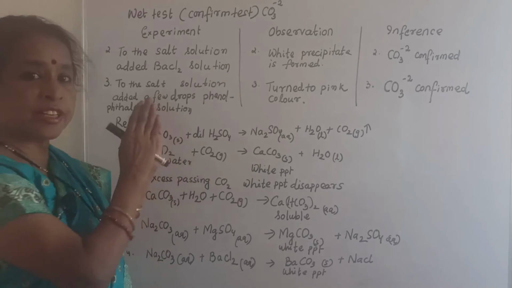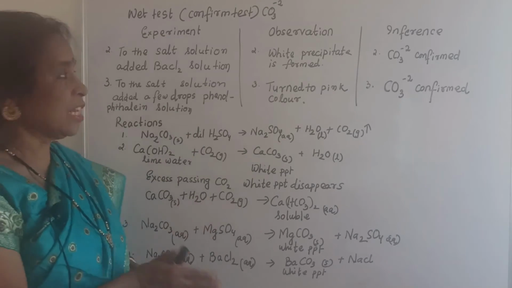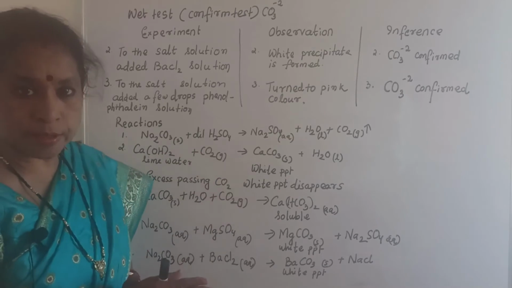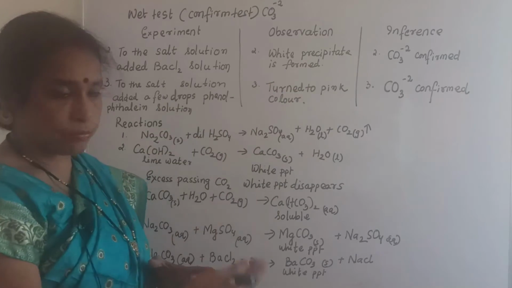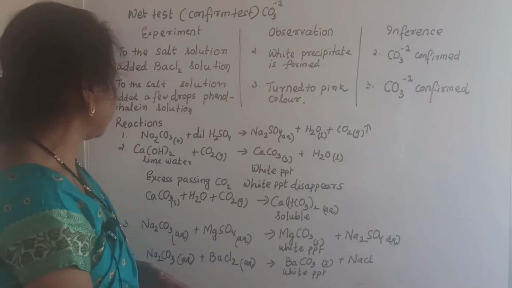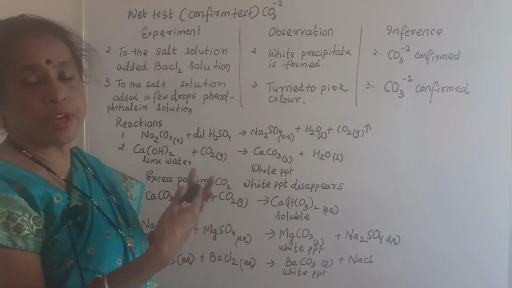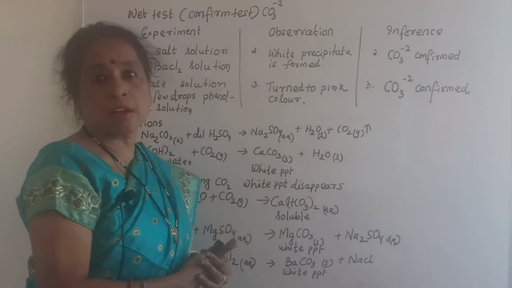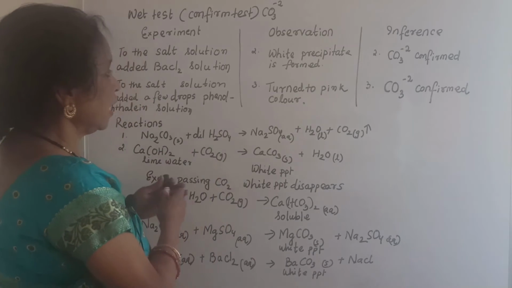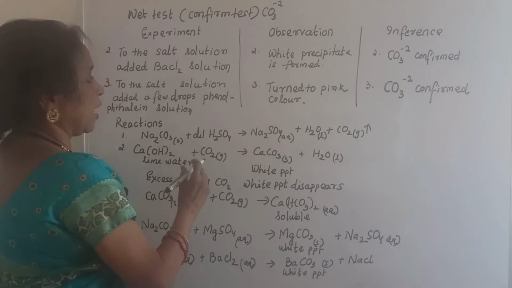That means I have done the dry test and I have done the wet test. In the wet test there are 3 tests I have done. First, the magnesium sulfate solution, where a white precipitate formed; then barium chloride solution, again a white precipitate; and the phenolphthalein solution, where I got the pink color, the solution changed to pink. And lastly I have to write